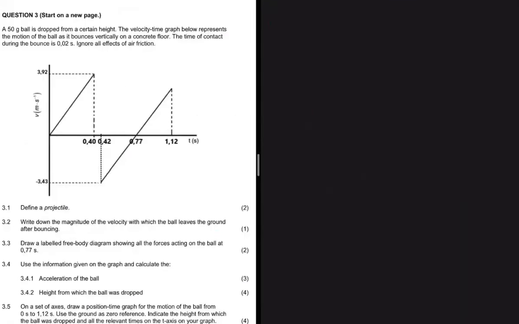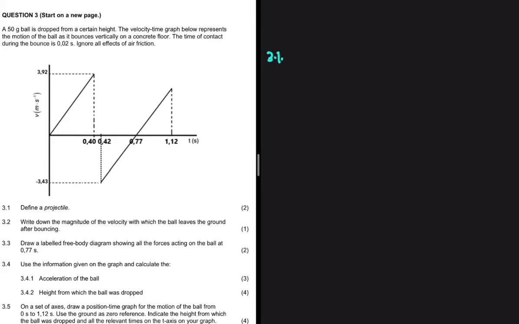An object that moves under the influence of the gravitational force only. That is the definition of projectile. If you omit the word object in your definition, you lose a mark. And after gravitational force, if you omit the word only, you lose another mark. So we have to be very precise with our definitions. That is the answer to